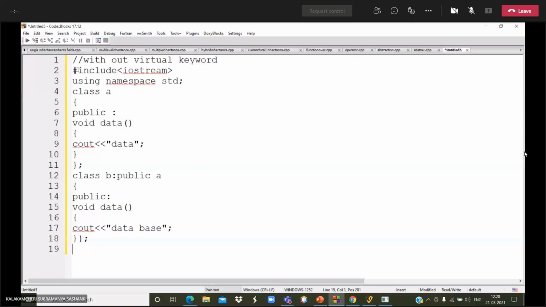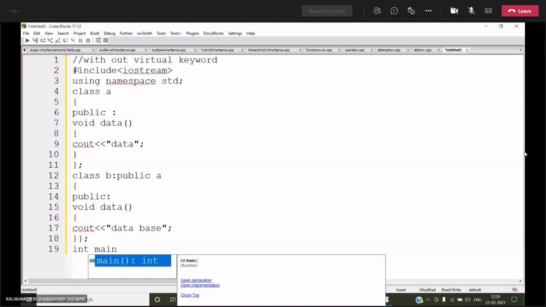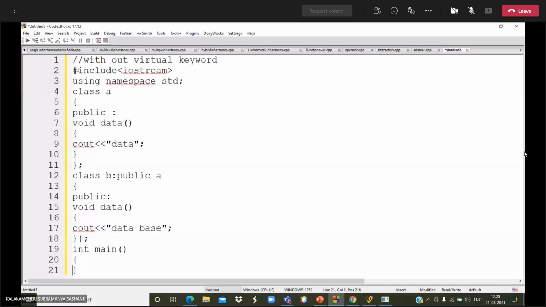Then I am writing the main function. I am creating an object for the derived class, obj.